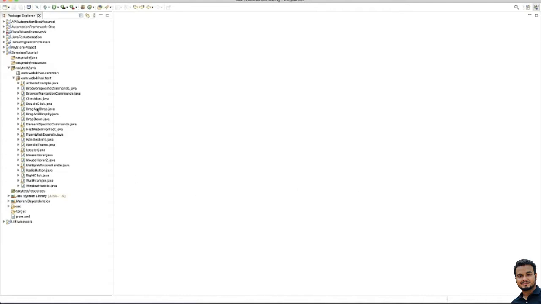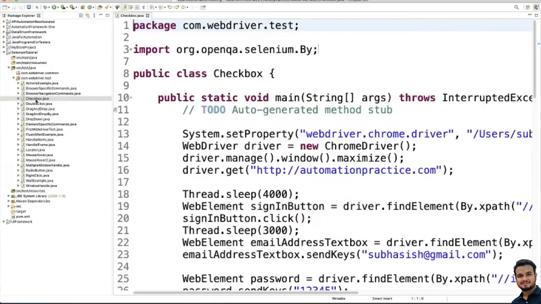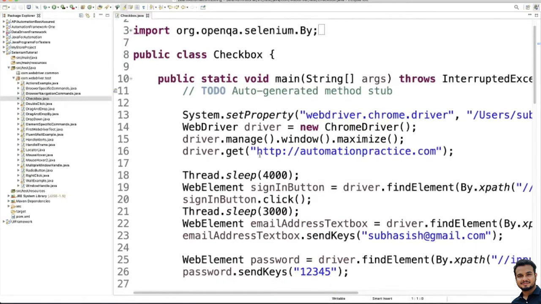If I show you some example, let me go here. You are seeing here, right? We are just hard coding it, right? You will have multiple test environments. For example, you have QA environment, you have staging environment, you have production environment, and you need to run this test case in each environment, right? At that time, you should not go and update here, for each test case. You should keep it in a configurable place in a property file. So you update that value in the property file and it should reflect in all the test cases. So we will learn how we can do it.